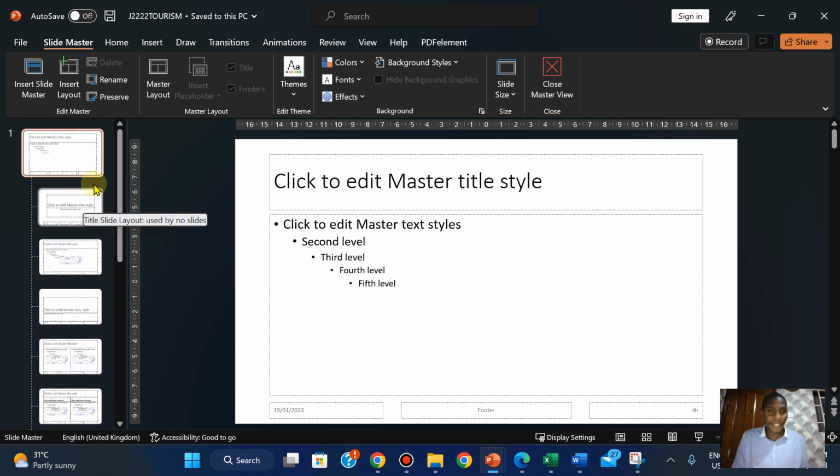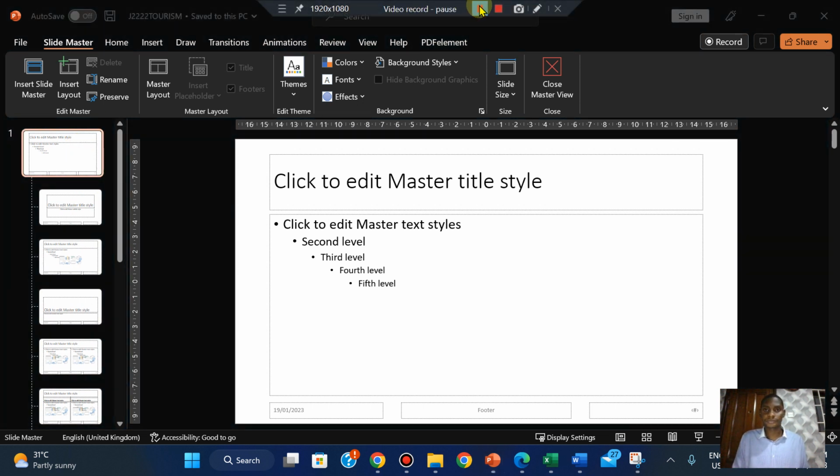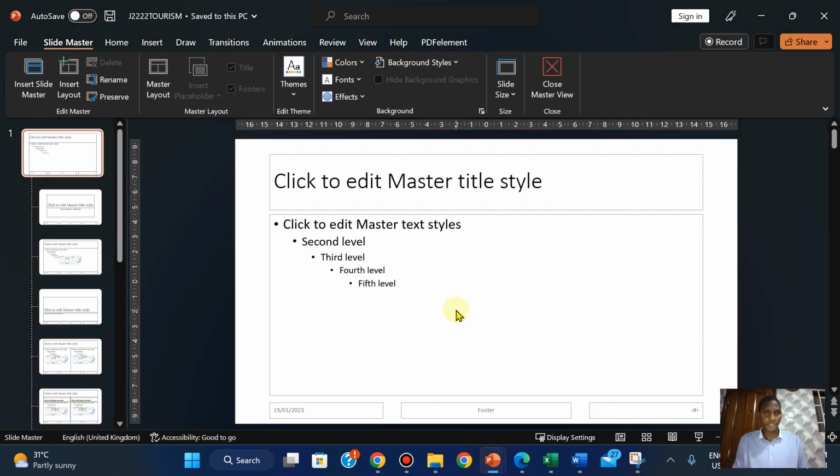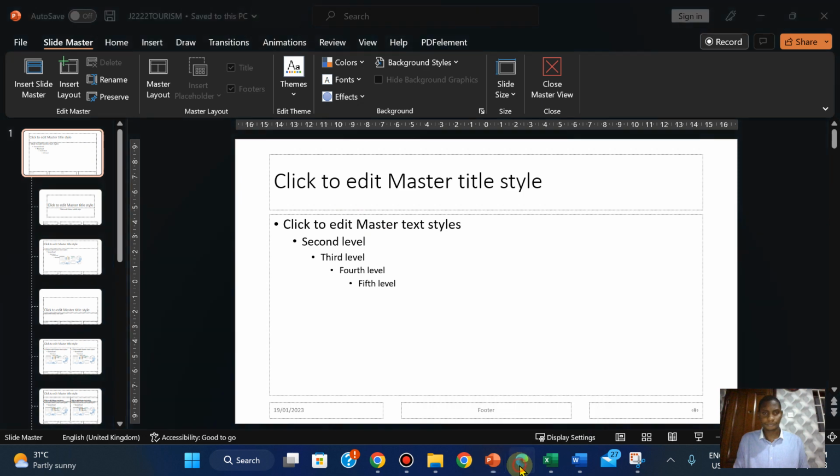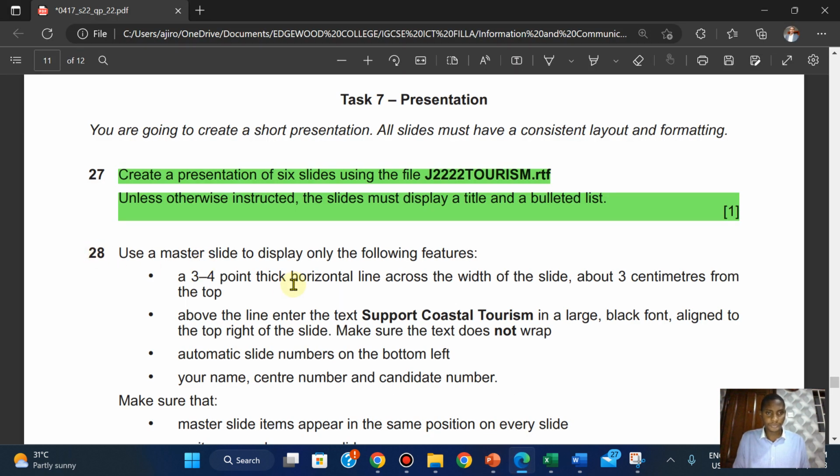It's going to be applied to them as well. So we're going to use the slide master to display only the following features: 3 to 4 point tick horizontal line,